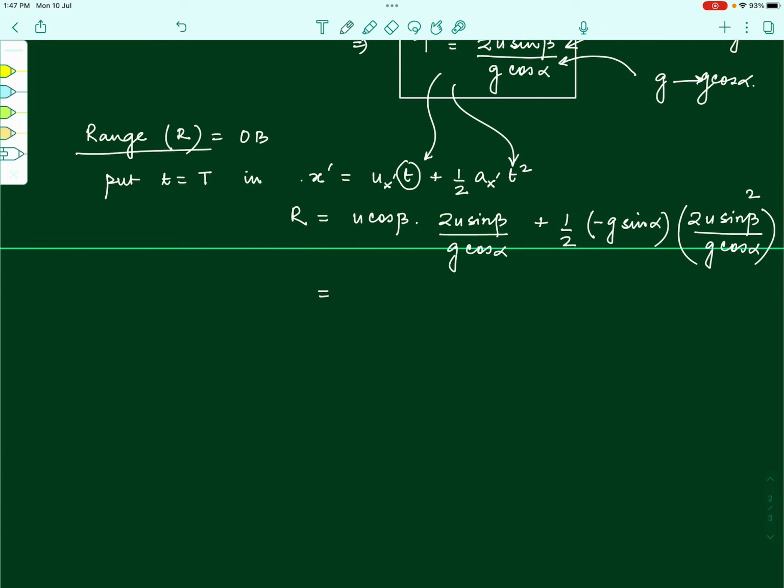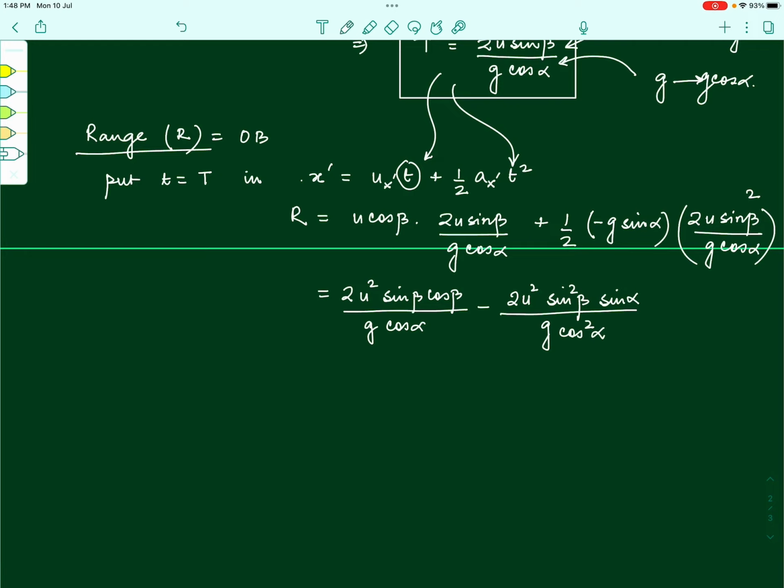In order to solve this, we can bring common terms together. So it will become 2u squared into sin beta cos beta by g cos alpha minus 2u squared into sin squared beta into sin alpha divided by g into cos squared alpha is what we